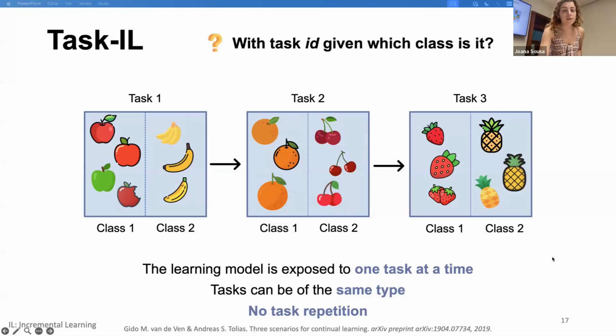And so at inference time, basically with the task ID given, we will have to answer which class is it? Is it from class 1 or is it from class 2?